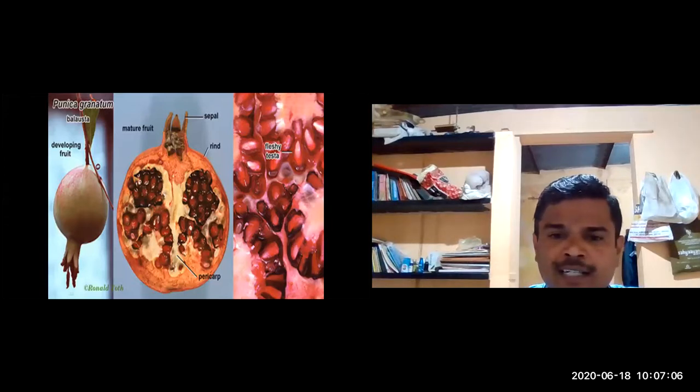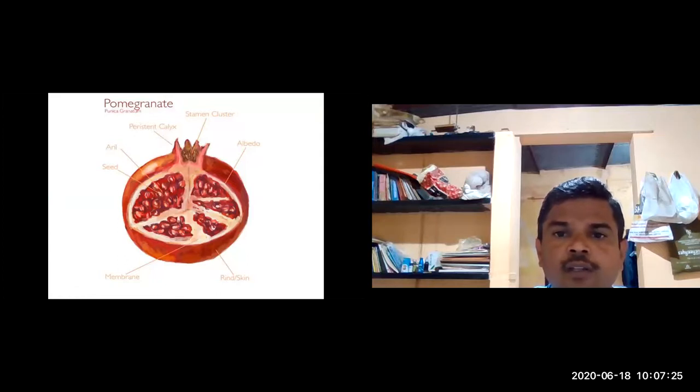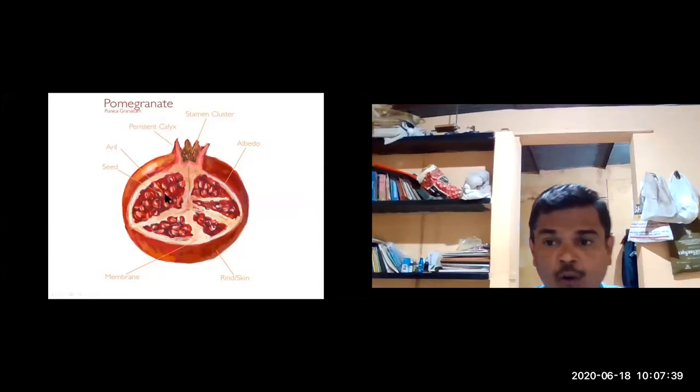When you take the transverse section or the longitudinal section, you can observe like this. So this is the pericarp. This is called the epicarp, and this is the mature fruit. So here the fleshy testa, there are the seeds. We'll see another picture. See here, numerous stamens will be present. So the persistent calyx, this part is called persistent calyx, and these are the seeds. The outer layer is actually filled with juice around the seeds. That outer part is called aril, aril.